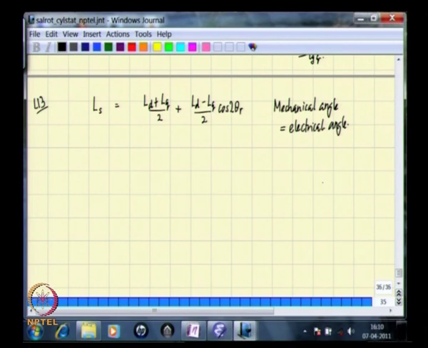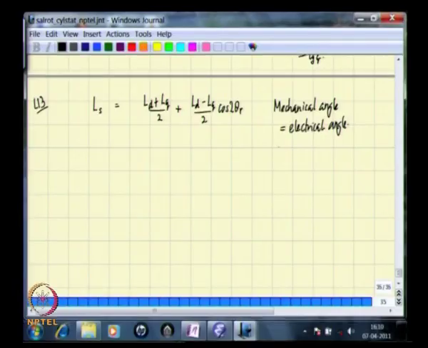And while deriving this expression, we are trying to find out the flux linkage in the stator winding, and in order to find out the flux linkage in the stator winding, it is necessary to consider one span of the stator winding, and one span of the stator winding is